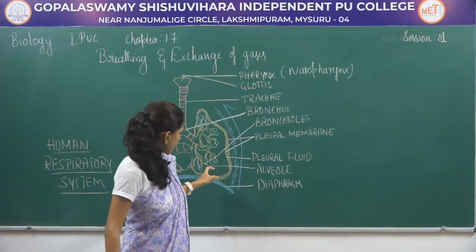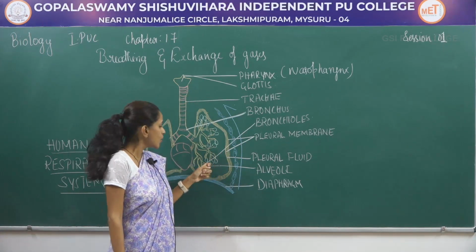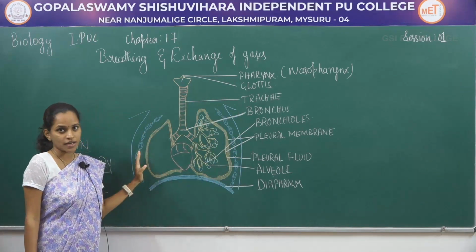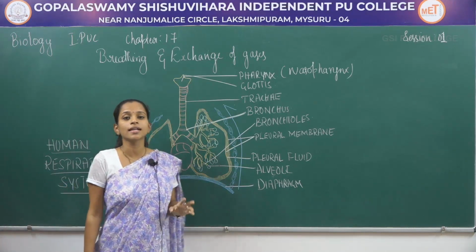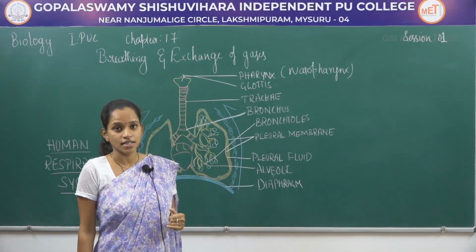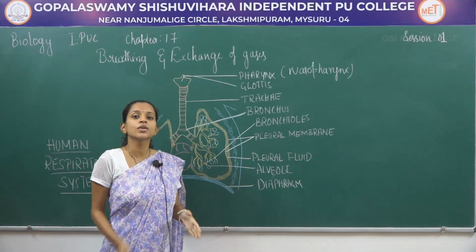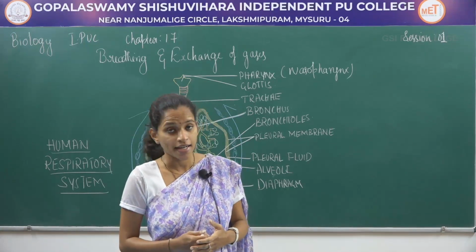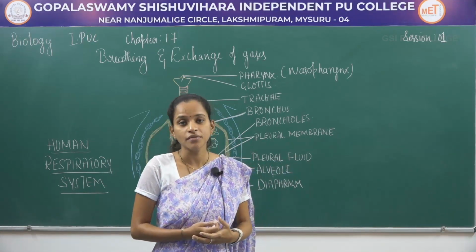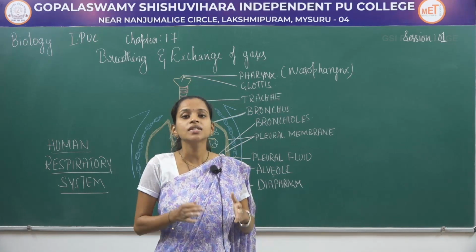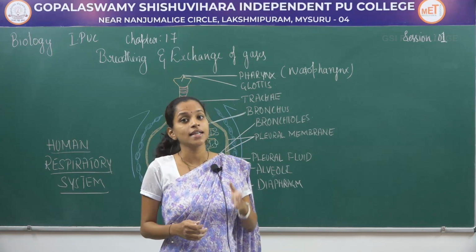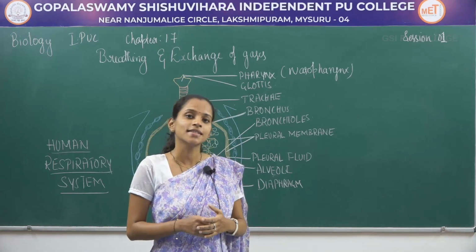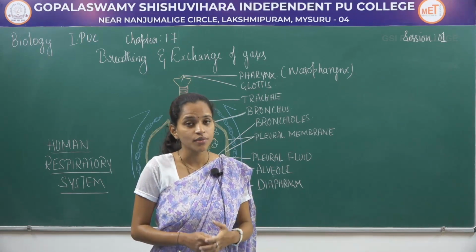So this function is carried out by these bag-like or sac-like structures called alveoli. Okay. So the human respiratory system initiates with the nose, that is the nostrils, from where the air is transferred inside. The air is then transferred into the nasal chamber, then into the pharynx, and the glottis guards it into the larynx, and finally it reaches the trachea, which is supported by cartilaginous rings, which further branches into primary, secondary, tertiary bronchi, which end up in bronchioles. The bronchioles at their end contain sac-like structures called alveoli, which help in the exchange of gases.